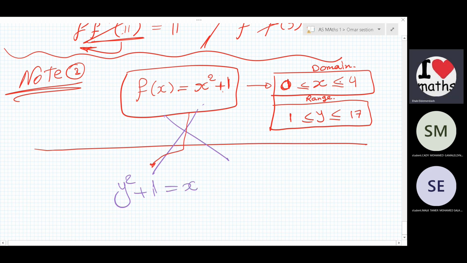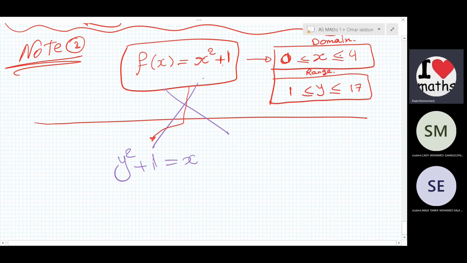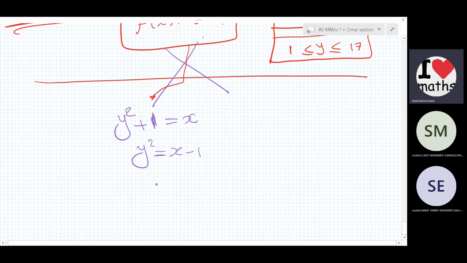مش ده اللي انا كنت بعمله ولا ايه يا عيال؟ مش ده اللي حصل؟ انا بعمل الانفرس. How to make the inverse؟ make me exchange. عملت انا الاكستشينج بتاعتي اهو. وبعدين what is my next step؟ I need to find out the y. يعني I need to make y the subject. طب هنا دي plus 1، اعمل ايه في ال plus 1؟ هخليها هناك. يبقى انا عندي كده y square اهو is equal x minus كام؟ x minus 1. طب لو كانت ال y square بتساوي ال x minus 1، مين يعرف يقول لي مين هي هتبقى ال y؟ plus or minus الروت بتاعت ال x minus 1. صح ولا انا غلطان؟